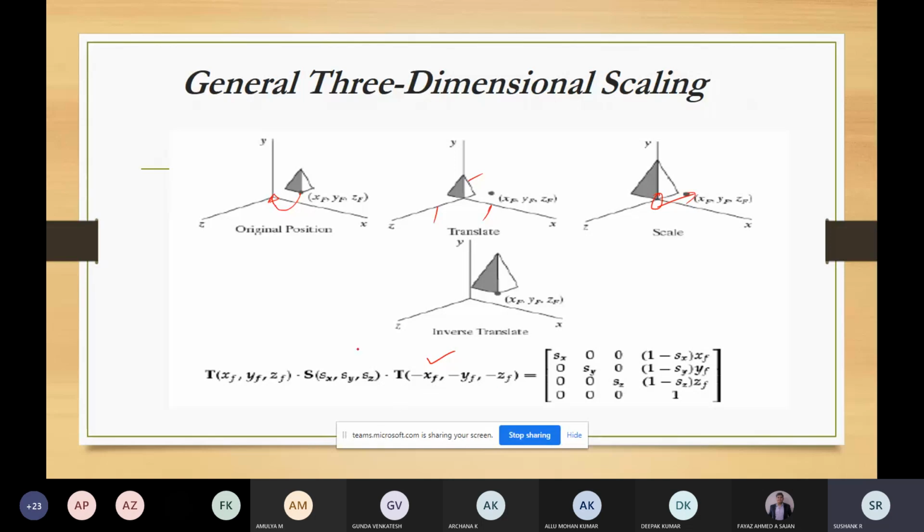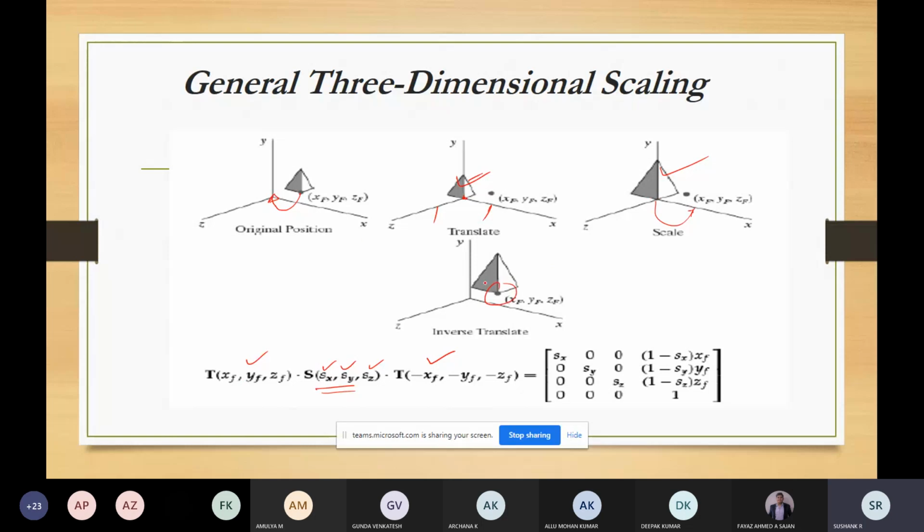After that, the scaling is done. The second step is scaling, the scaling operation with respect to x-axis, y-axis, z-axis. So this is done, the scaling. The first step was, after translation, the point is moved to the origin. After scaling, you can see an object which is bigger in size. After this, the translation moves the object back from the origin to the original position. So you can see the object has been moved to the original position.